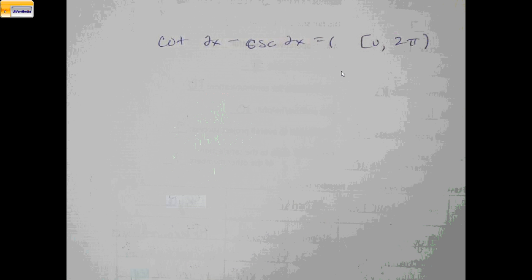I believe I've got one more for you. Okay, so we've got cotangent of 2x minus cosecant of 2x equals 1. So copy that down. And we're going to solve over the interval 0 to 2 pi. And there are a couple of ways to approach this one as well. So I'm going to go ahead and work out both methods for you so that you've seen them. I'd copy them both down if I were you,